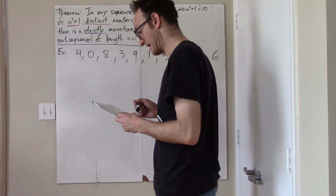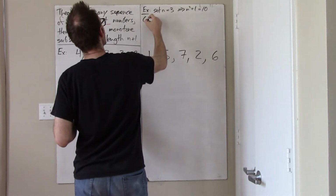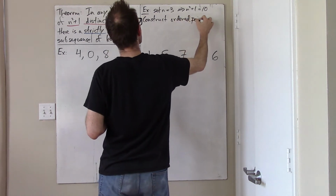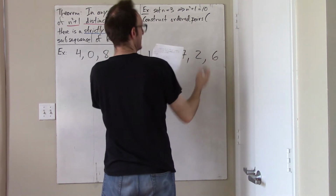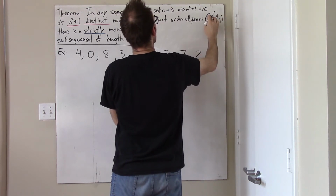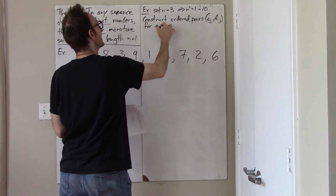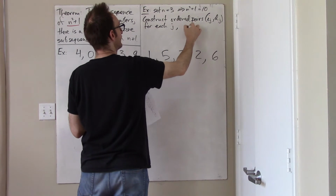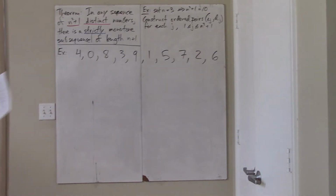Now, what I want to do is construct ordered pairs of the form I sub j and d sub j for each element in the sequence. For each j, where j is going from 1 to n squared plus 1. So for every single one of